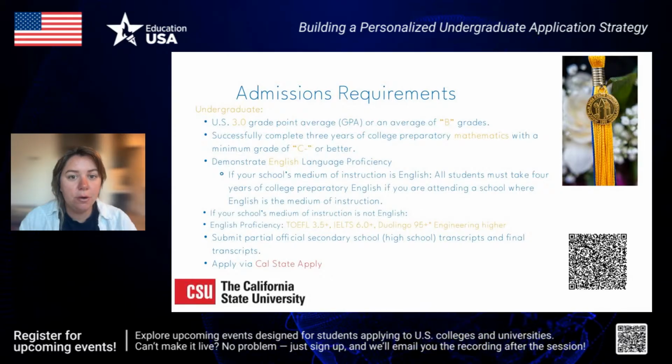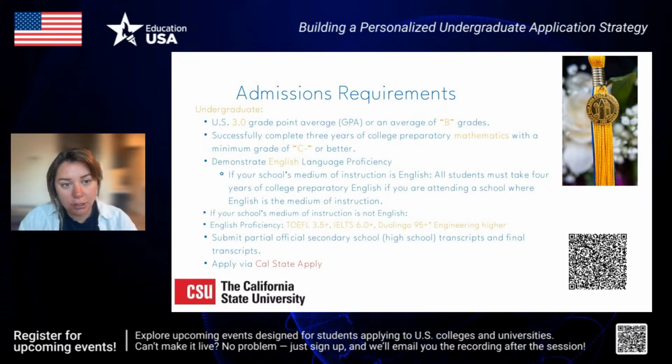As mentioned before, you have to have math. That's for all subjects. For every subject that you're applying for, you have to have a math with a C- or better, 3 years of it. I'm not sure, everyone is at a different stage right now. You can take additional classes if you are in your 11th or 12th grade and you don't have those 3 years, then you can take some extra tests that will put you at that point.